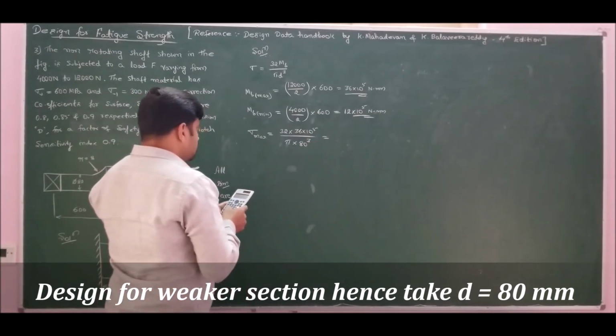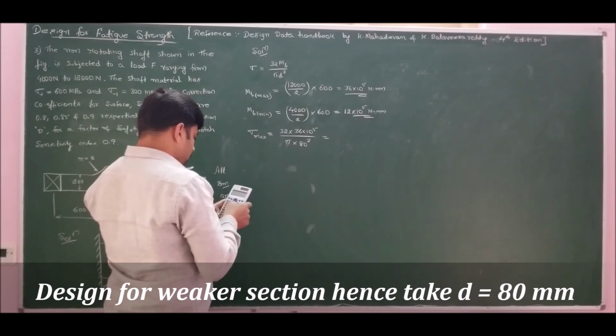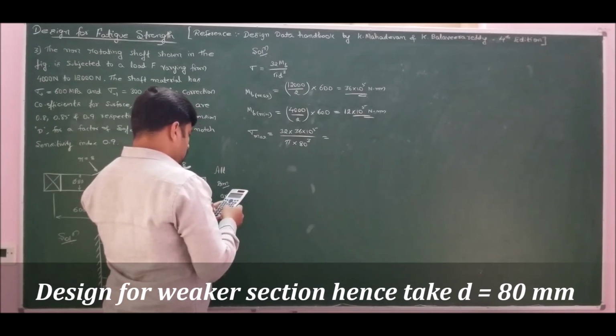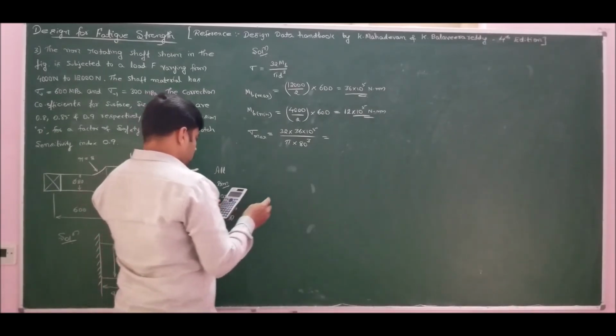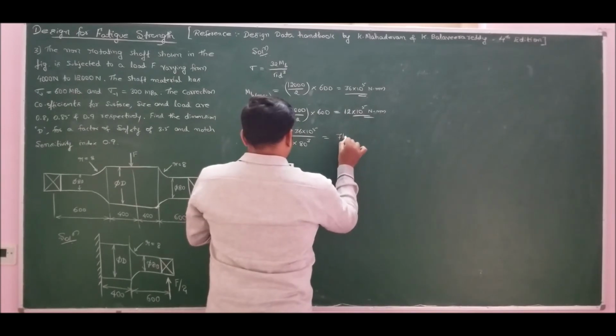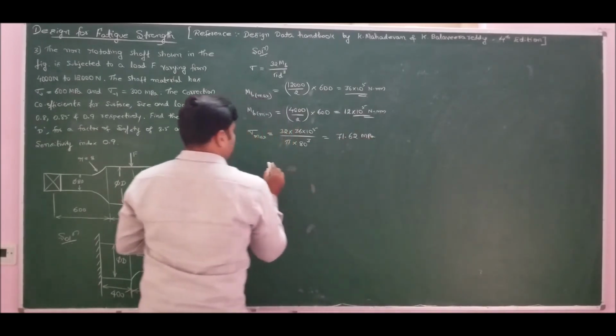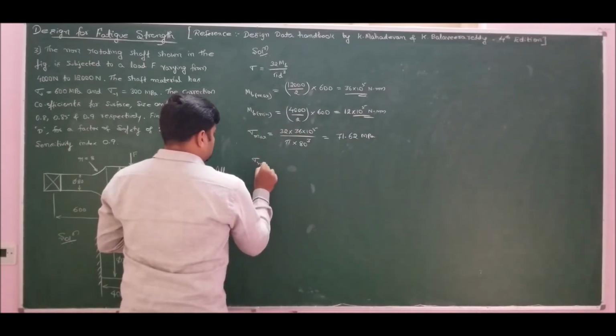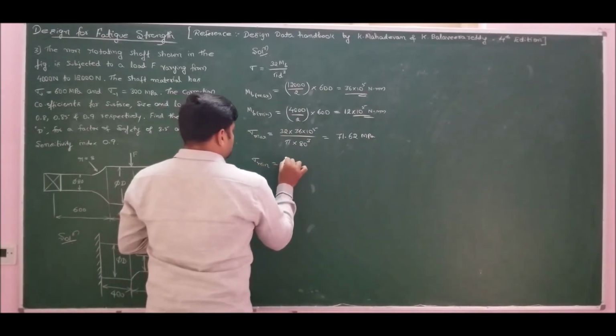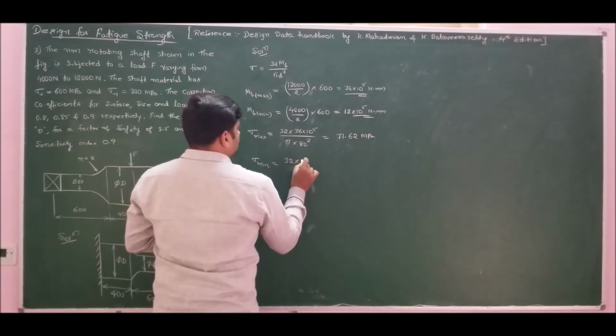So I will get the value as 32 into 36 into 10 to the power of 5 divided by pi into 83, which is nothing but 71.62 megapascals. If I solve for minimum stress, I will get the minimum stress as 32 into minimum bending moment